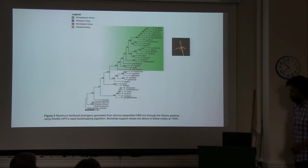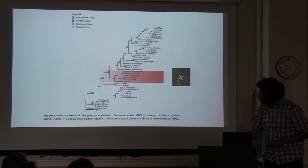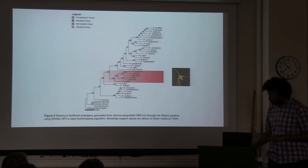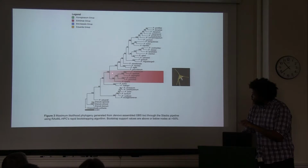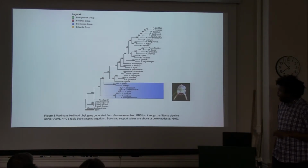So this is figure 3 from the SNaQ pipeline. As you can see, this is the Porroglossum group, which is composed of the ones that are recipient and non-recipient, particularly the non-recipient ones being up here, but they all form a monophyletic group with 100% support there. The echidna group, the ones with the hairy peduncles, also have 100% bootstrap support for the entire group as well. And then we also can see here that the internal node shows the Porroglossum group being sister to the echidna group. And then we have the